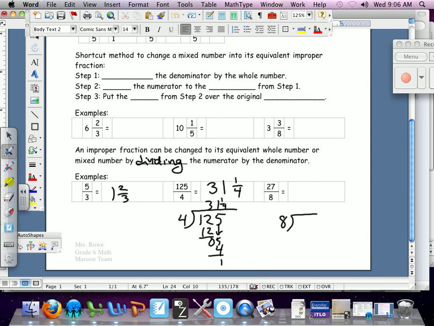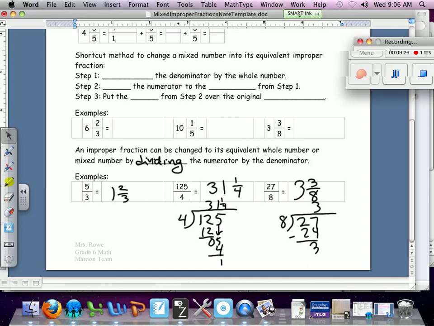But again, if you want to think it fractionally instead of division-wise, it's because we're figuring out how many 8/8 I can take out of there. I can take 3 of them out, but then I have 3/8 still left over. 3 and 3/8. So once you have your notes completed,